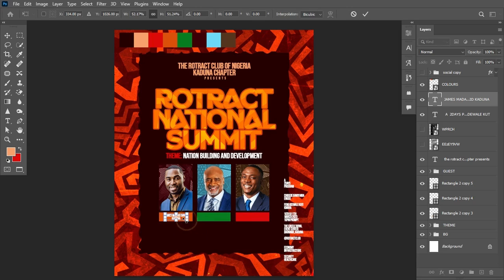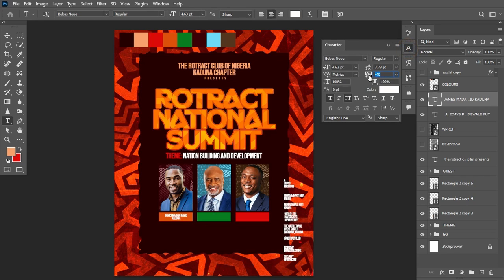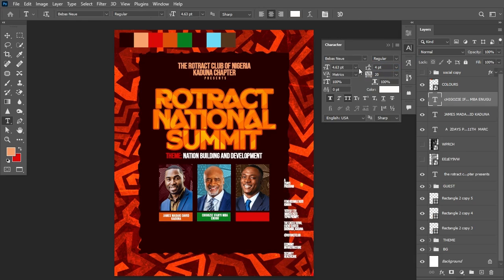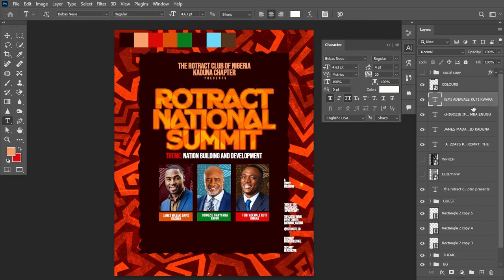Scale this down using Ctrl T and position it like this on your canvas. I can still make adjustments to this by increasing the space between text and on the vertical axis as well, like this. So after we are done with that, select these layers and drag them and place them side by side with